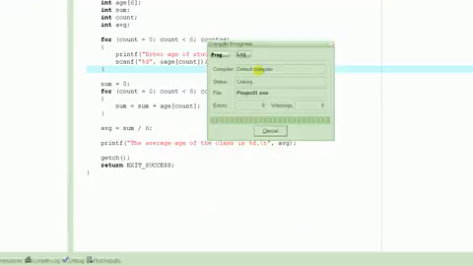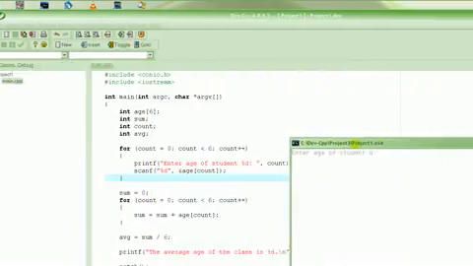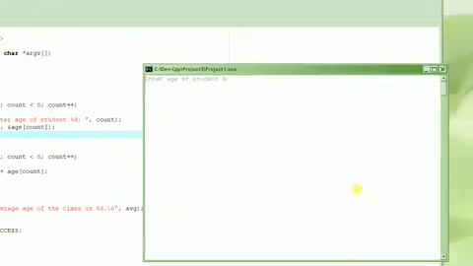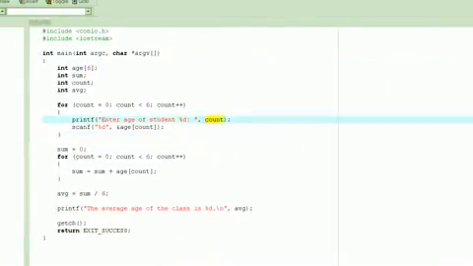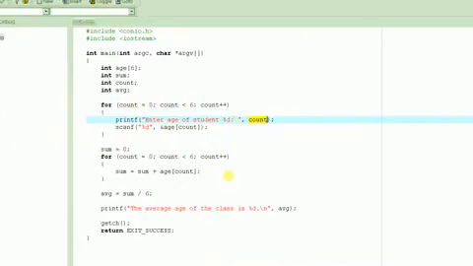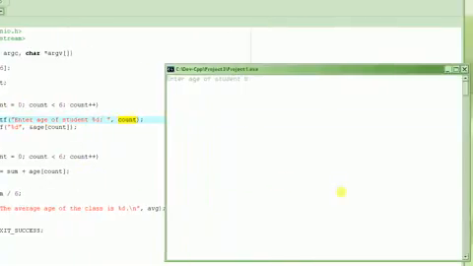Okay, press F9, and here we go. So enter age of student 0. See how it substituted the value of count, which is 0, in here. Okay, so enter the age of student 0. Let's say